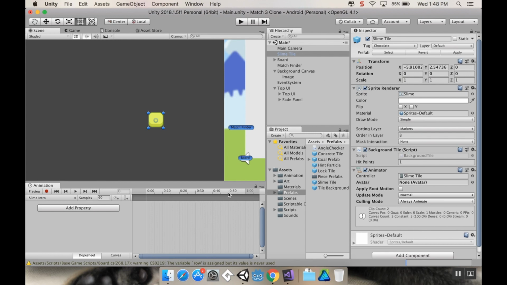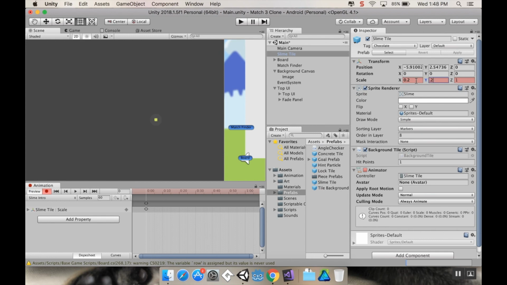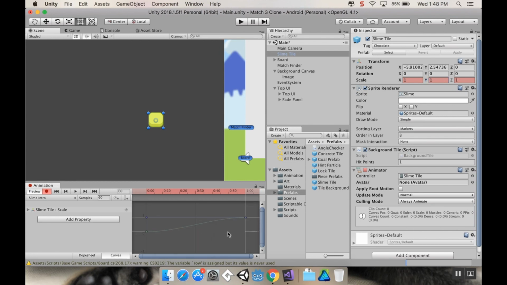And for this one, this is going to be a really quick 1-second animation. Make sure I've got record on. It's going to go from being 0.2 by 0.2, and then at 1 second it's going to be full scale, 1 by 1. Now to make this look more interesting, I can flip over to the curves down here, and